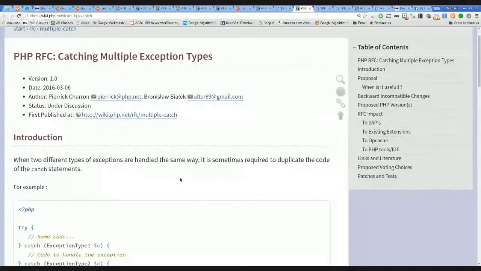Okay, now moving on to another topic, which is something that we already covered in the past, but this time there is a more formalized RFC. This is an RFC for catching multiple types of exceptions.